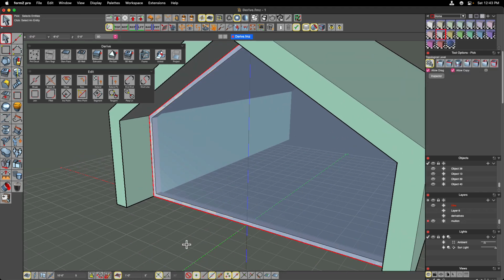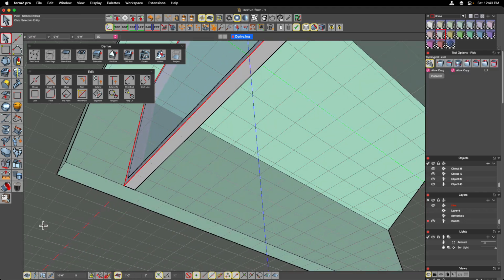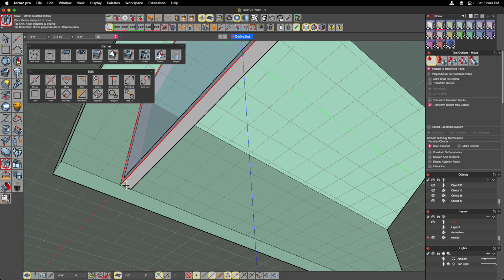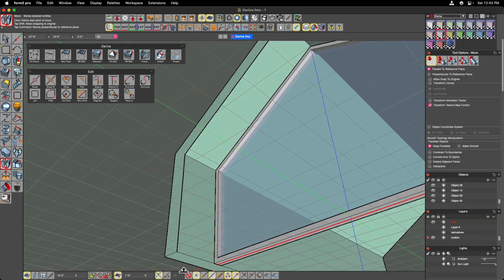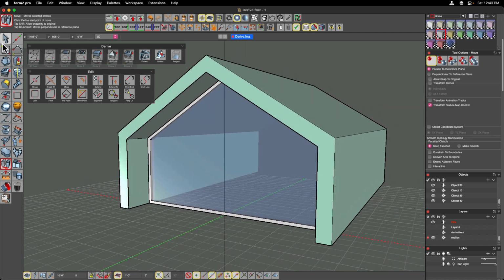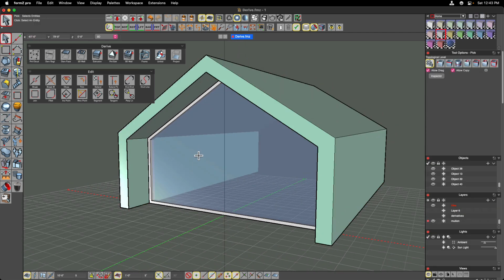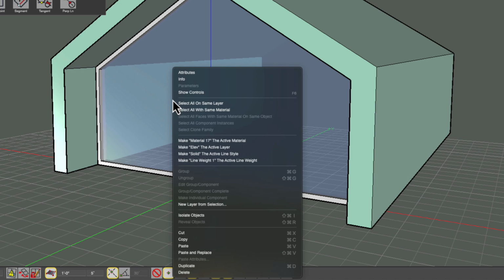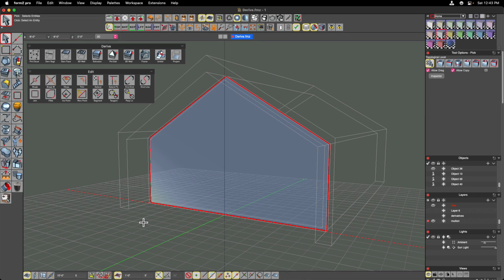Once I've done that, I can take my original glass surface and maybe move it back to the middle of the mullion, just so that it's placed inside the glass there. Makes it look a little bit cleaner. And now what I'm going to do is I'm going to select my glass, I'm going to right click on it, and I'm going to isolate it. Now you'll see what we now know as ghosted objects surrounding this, which gives us some context, which is very